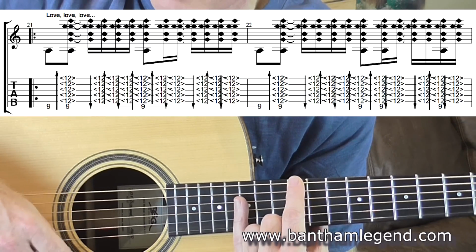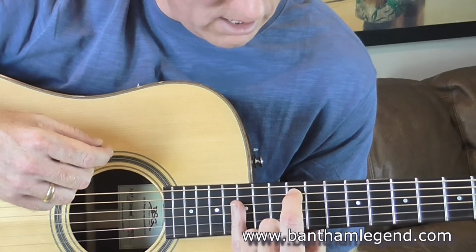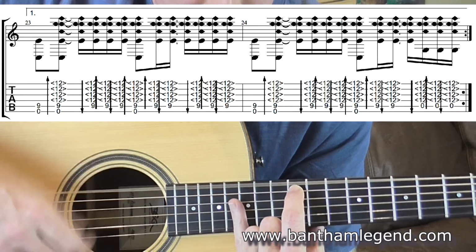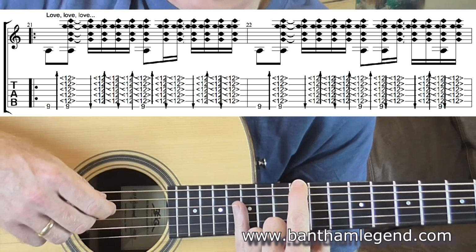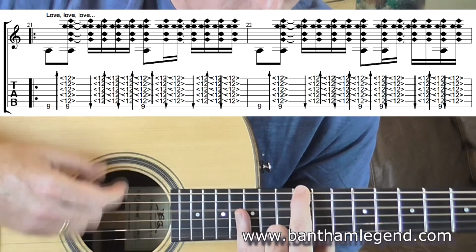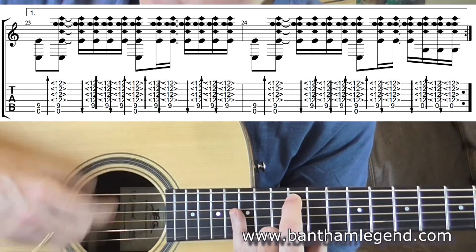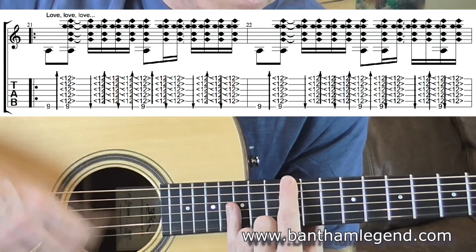And just as you come out of it, take your index finger off and then put it on the 9th fret above capo on the 5th string. Off, 12th fret on the 6th string. Off, off. Okay, so